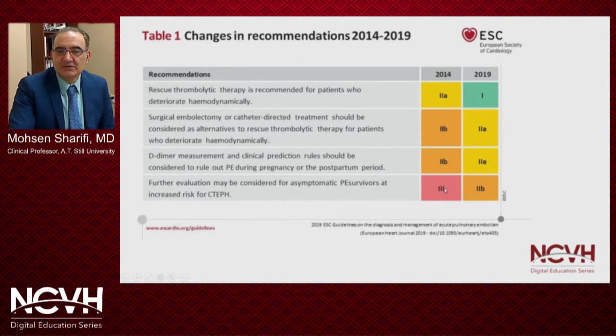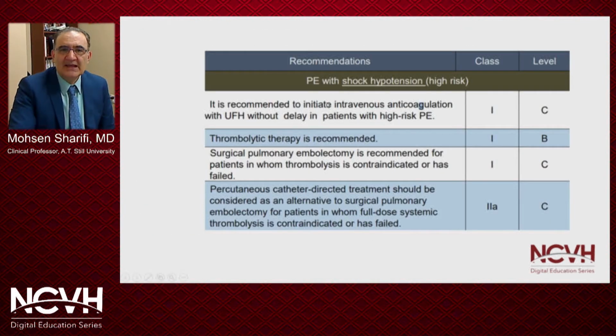At one time, it was not indicated. Now it's a class 2B to evaluate those patients. As far as PE with shock and hypotension, again, anticoagulation should be initiated as soon as the suspicion rises. Thrombolytic therapy is given 1B class indication, surgical pulmonary embolectomy 1C, and catheter-based interventions as 2A with level of evidence